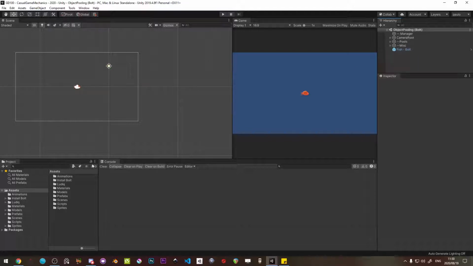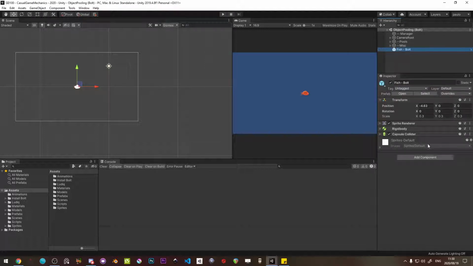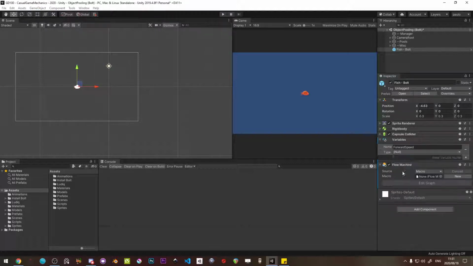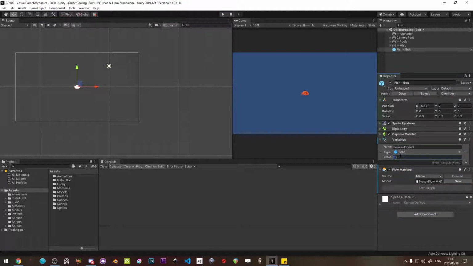Okay, so let's start by getting this moving. So let's add a simple flow machine to this object. And we're just going to create the two variables we need. We need, let's call this a forward speed. Let's call it that. Let's try that again without caps lock on. Forward speed. And it's going to be a float, and I'm setting the forward speed to something like 0.05 from